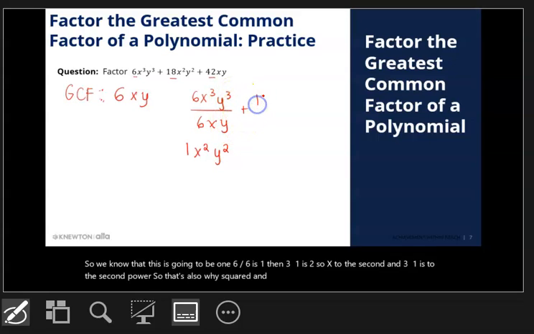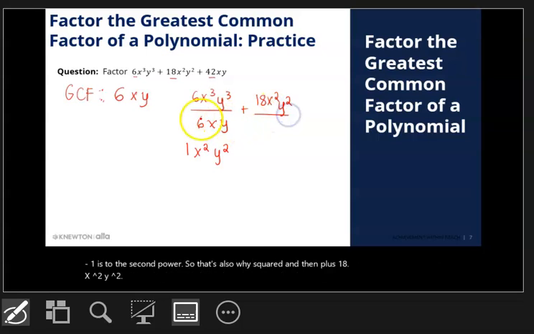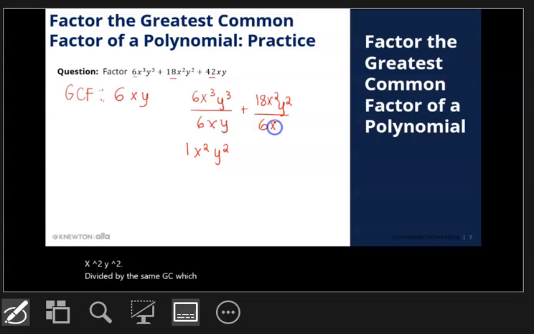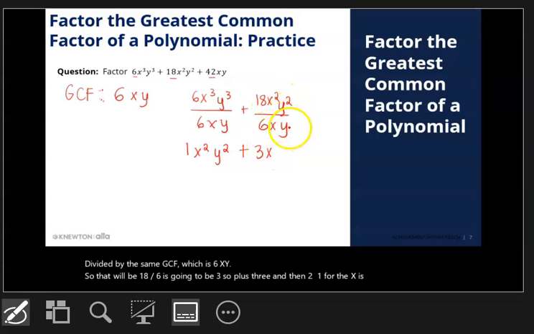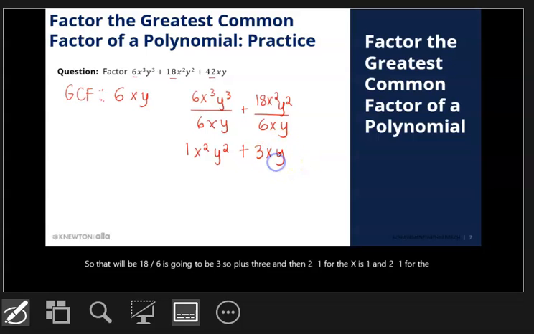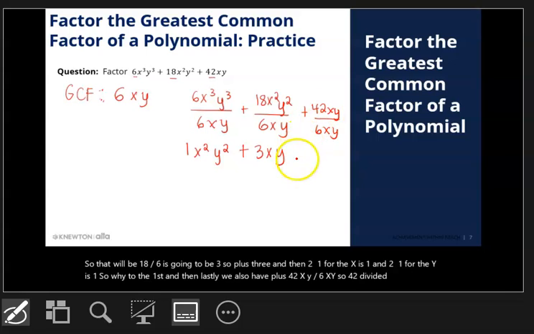and then plus 18x squared y squared divided by the same GCF, which is 6xy. So that will be 18 divided by 6 is going to be 3, so plus 3, and then 2 minus 1 for the x is 1, and 2 minus 1 for the y is 1, so y to the first. And then lastly, we also have plus 42xy divided by 6xy, so 42 divided by 6 will give us 7,